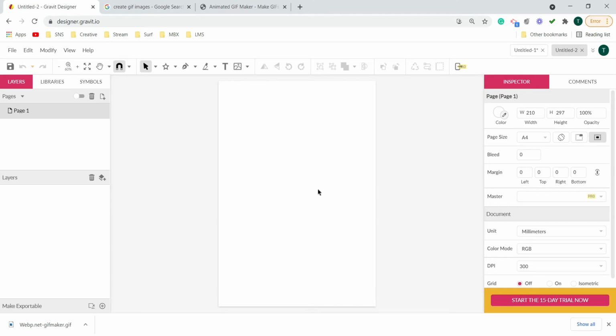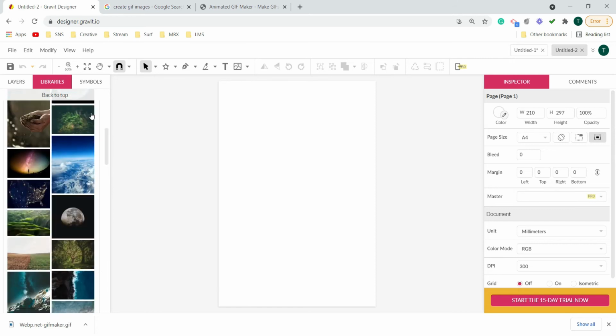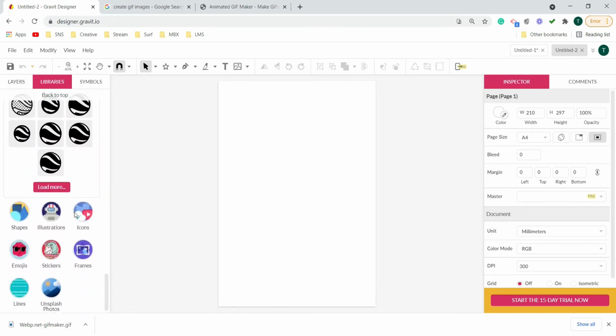Now, in this project, what I want to present here is that I will take a bulb and the bulb will light up. So, let's understand one new thing in Gravit, that we have a library over here which has some predefined designs already. Let's come to the left hand side and come to the libraries, and you can see that some of the elements are already there.